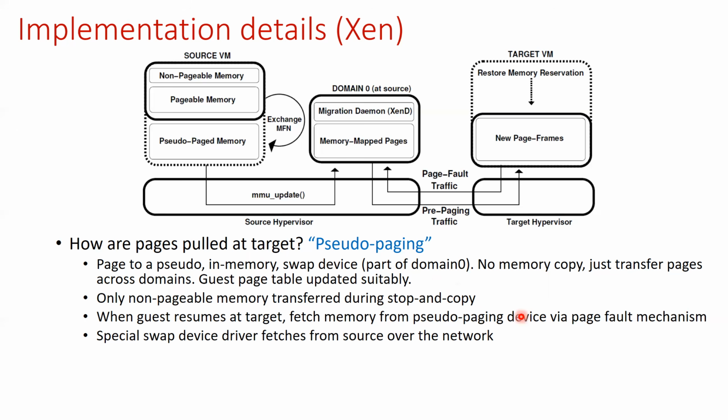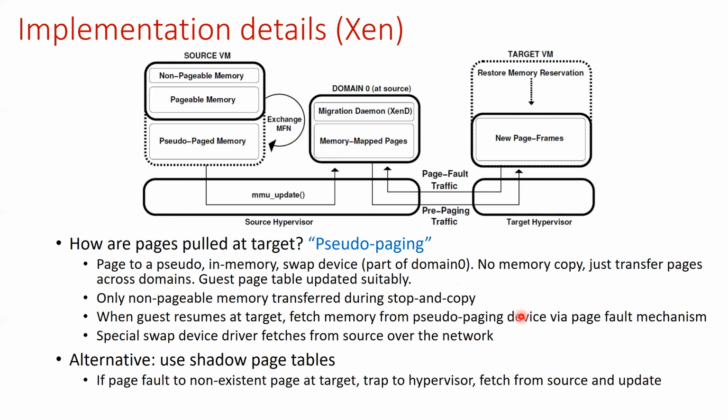and get them from the source to the target. Of course, this whole thing could also have been done with shadow page tables. Instead of the regular guest page table, you move to a shadow page table. In the shadow page table, you can mark which pages are there and which are not, which guest physical pages are not assigned a host physical page. You will know that. So instead of changing the guest page table at the hypervisor level, you can move to shadow page tables, and your shadow page table will tell you which page is non-existent, and you can fetch it from the source.